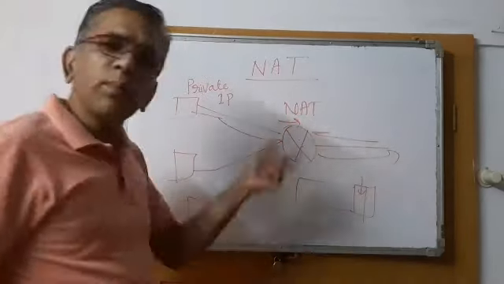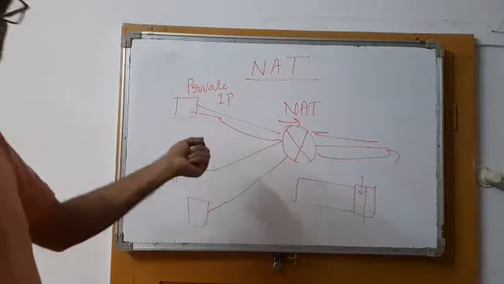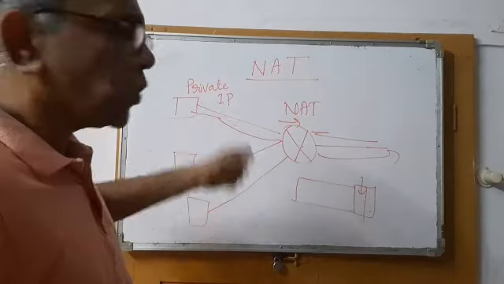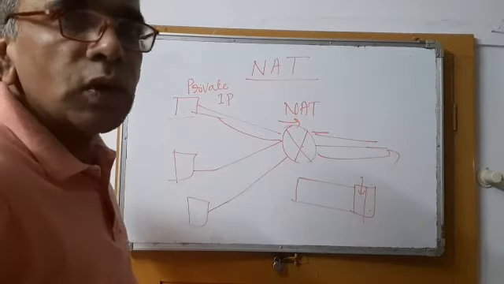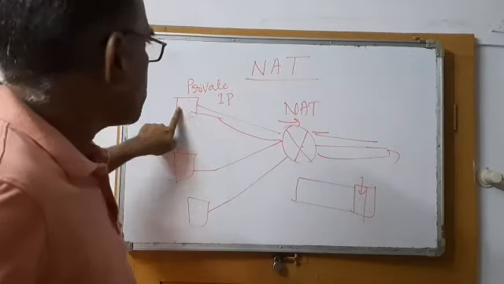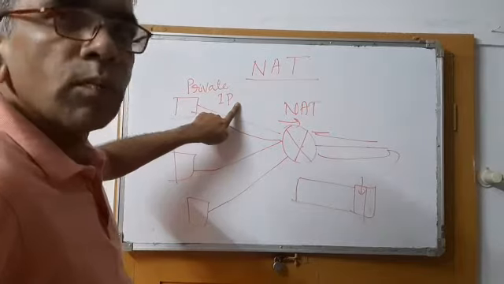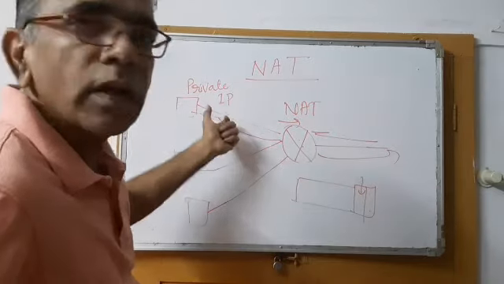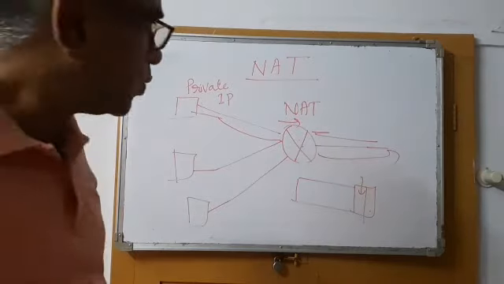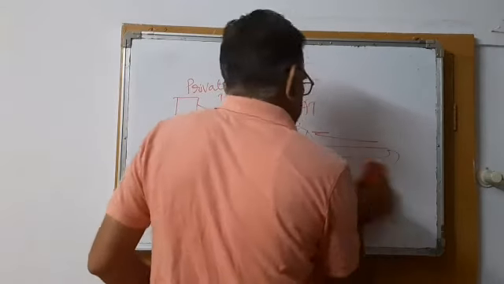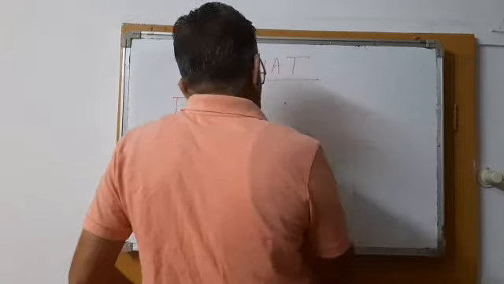And the combination of the port number and the sender's address together will be used to identify the machines. These machines' private IP address and some dummy port number will be useful for identifying this private IP address. So I hope it is clear to you. You understood this. We are going to discuss the next topic.